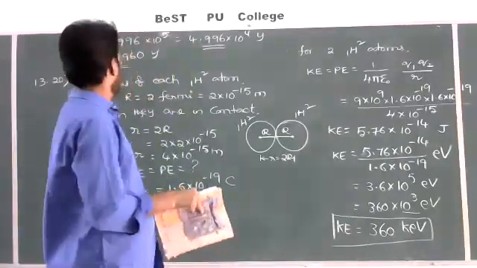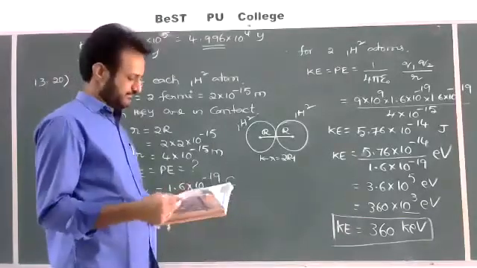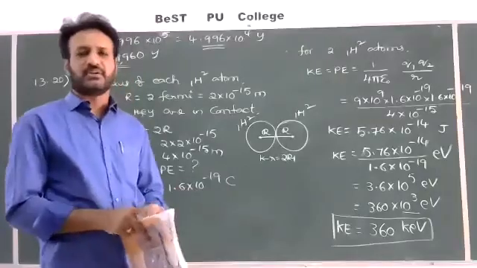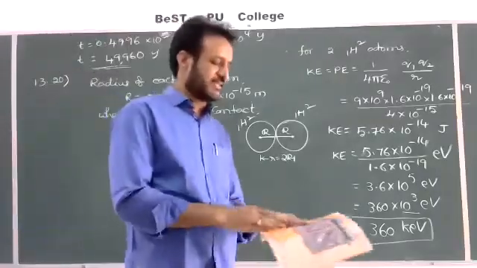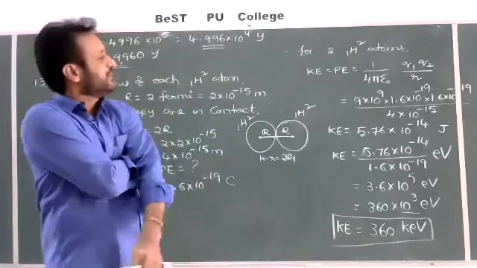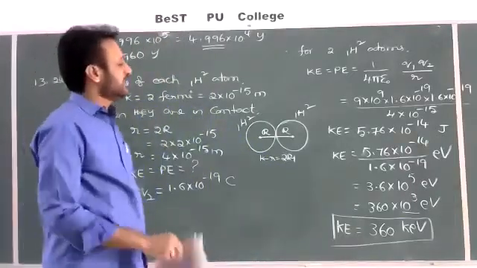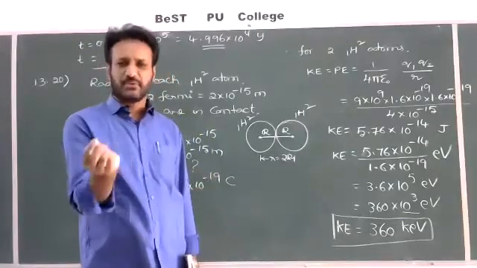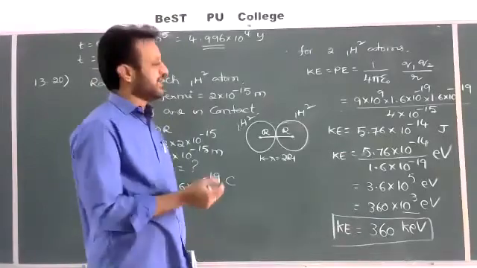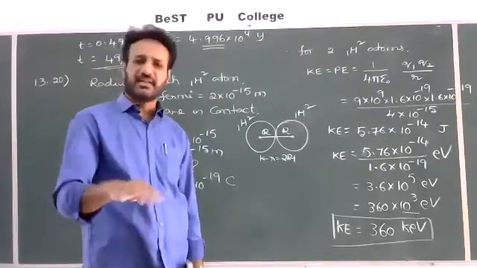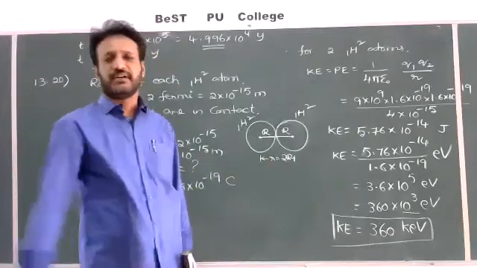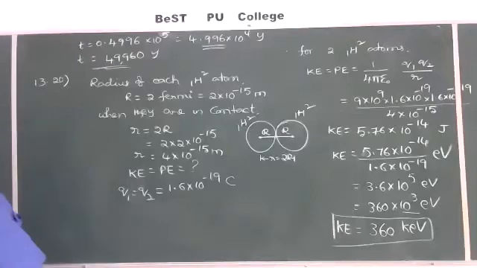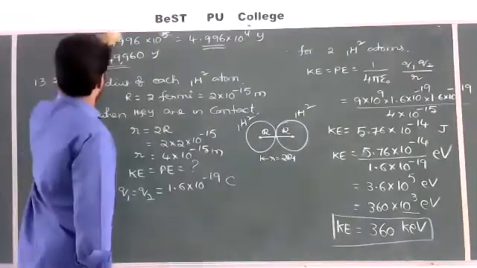So that is a 13 point question, number 20. The given is 360 kilo electron volt. Sometimes the same question may be asked for competitive exams also. Then we have to remember what is the kinetic energy of each deuteron. Same question, just one word may be different: what is the kinetic energy or height of the potential barrier of each deuteron? Then you have to divide the value with 2. We'll get the value 180 kilo electron volt. That is only the 20th question. Now we'll go for 21.